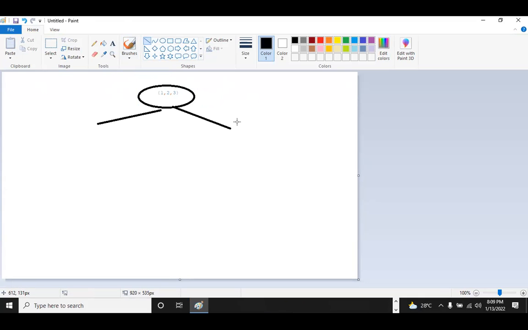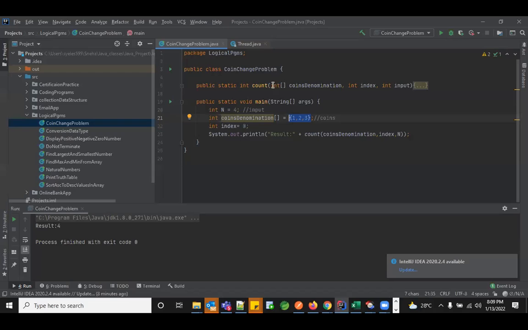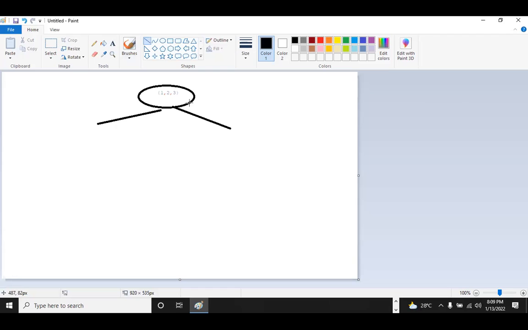So how are we going to do that? The value of n which we are going to receive from here is 4. We need to see how many possibilities of 4 can be achieved from this 1, 2, 3: 4 ones, or 2 twos, or 3 ones and 2 ones and 2, or 1 1 and 1 3. What are the combinations for us to achieve the final result of 4?